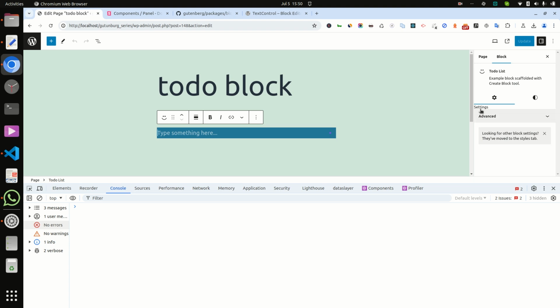But as you see, the settings do not look good. So to make it look good we can use some panel.